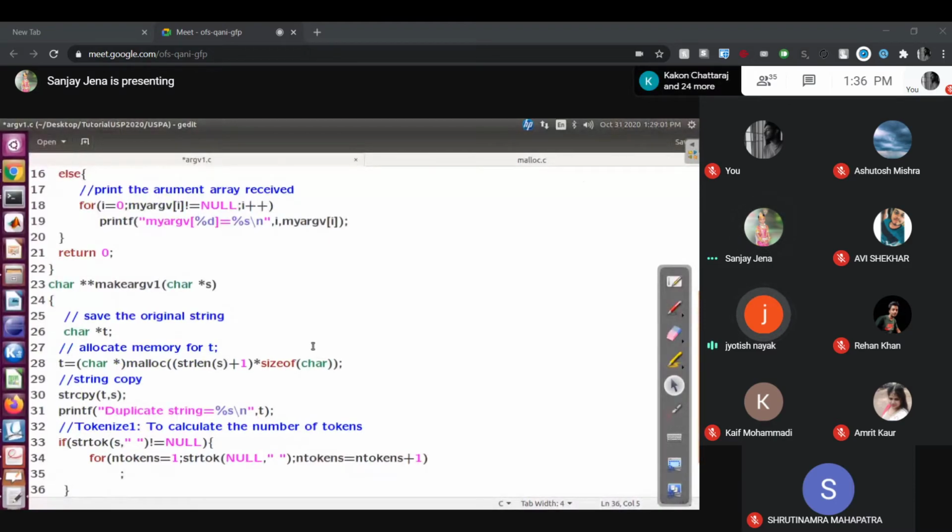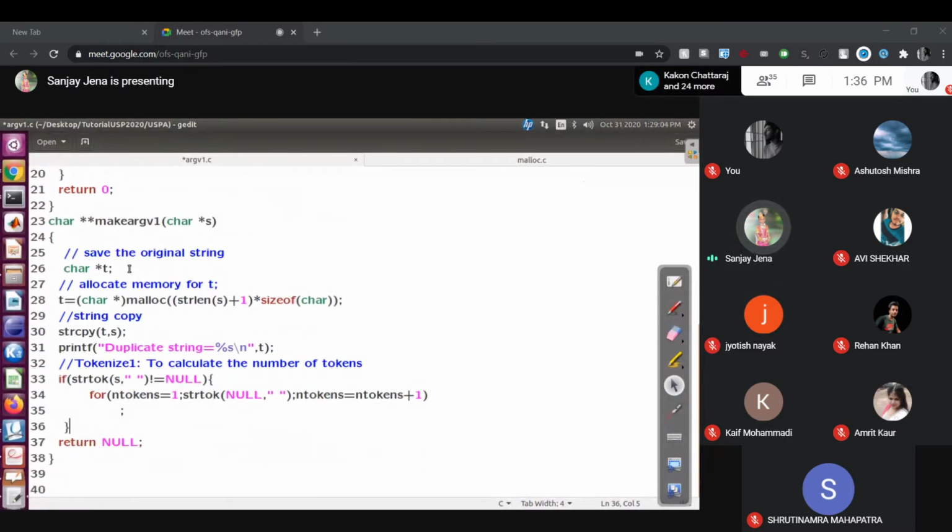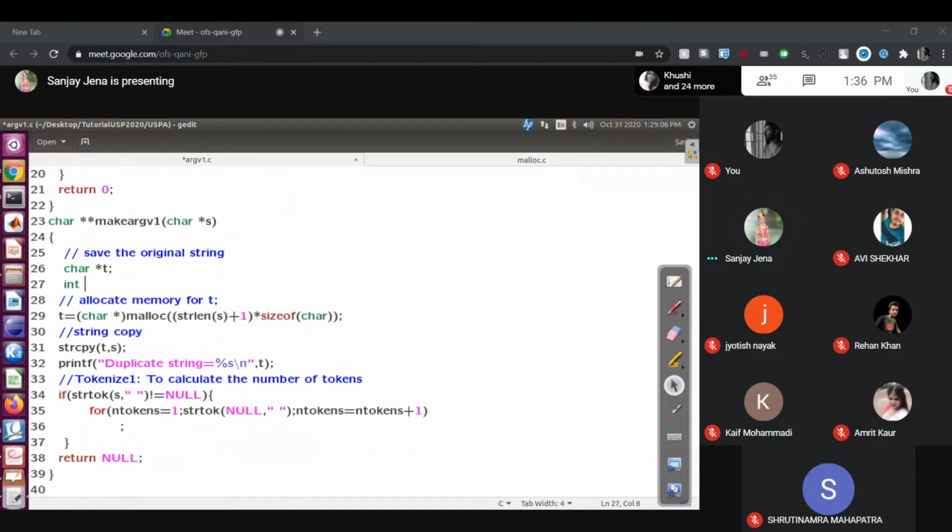This is the end token declaration; it must be there. Line number 34, 35, correct? The string is: this is a test case. It is not null, so number of tokens is 1. For subsequent calls, pass null. Num tokens is num tokens plus 1, generally written in shortcut as num tokens plus plus. No statement is to be executed, hence I put the semicolon. This is the style I am using.